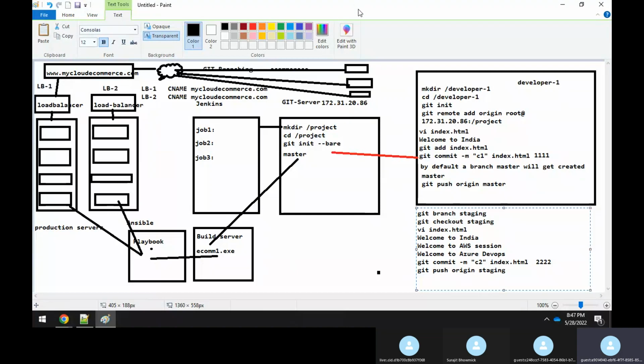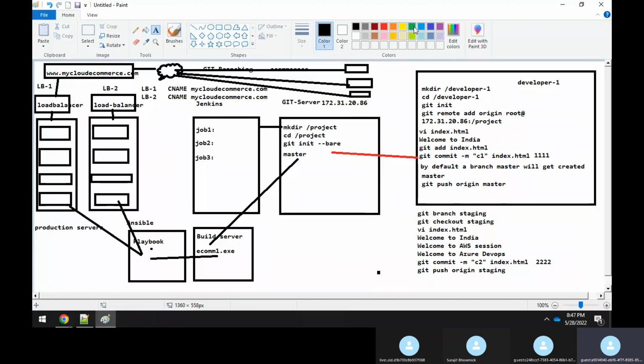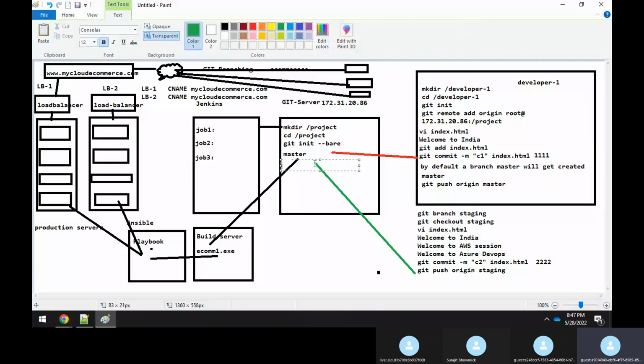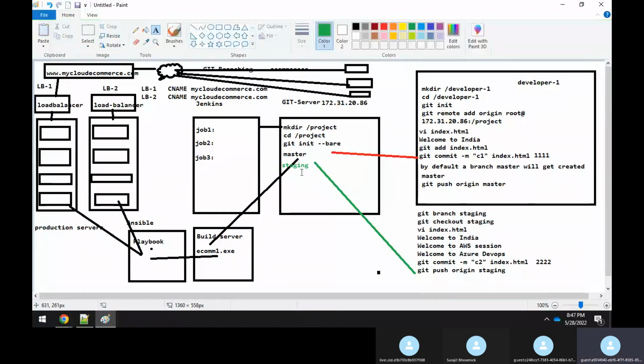As soon as you do a git push origin staging, the same code will get pushed to your repository. A new branch will get created here. Earlier there was only master; a new branch by the name staging will get created. Now, in the same Jenkins, you have created